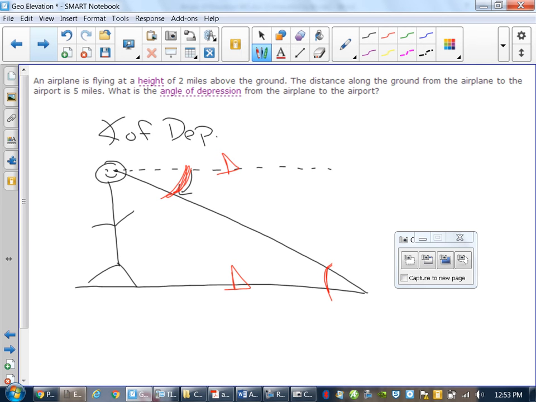Angle of depression, line of sight down. Angle of elevation, line of sight up. That's it. So what happens in a problem like this is that you've got your airplane